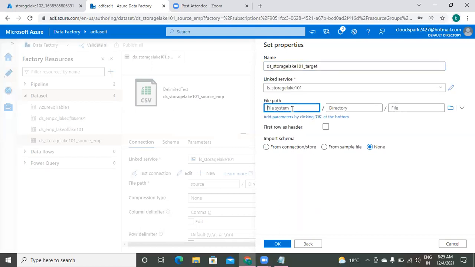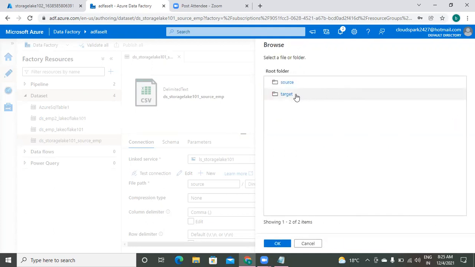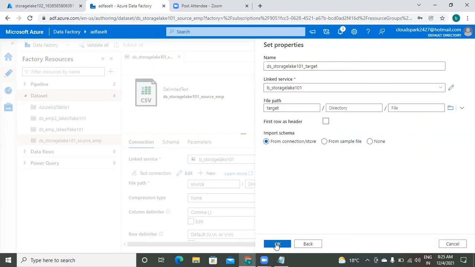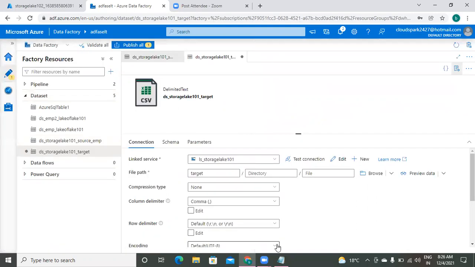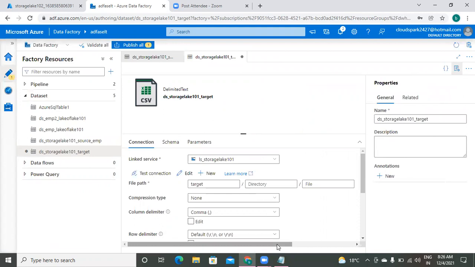So here don't select any file, because in the target container there are no files. Select only the container. Just browse it. Select the container. That's it. Here also in the target file, I need the first line as header. I am selecting that. Remaining things as usual. Save, OK. Got it. Finally publish it.